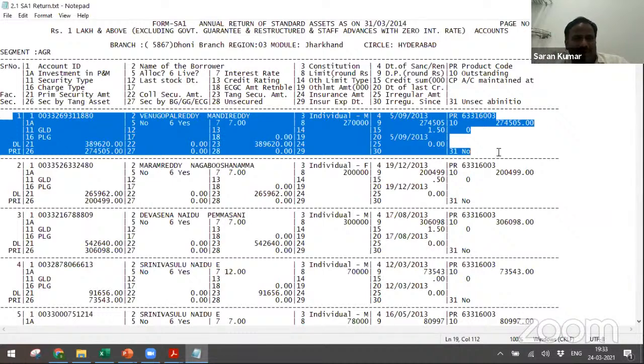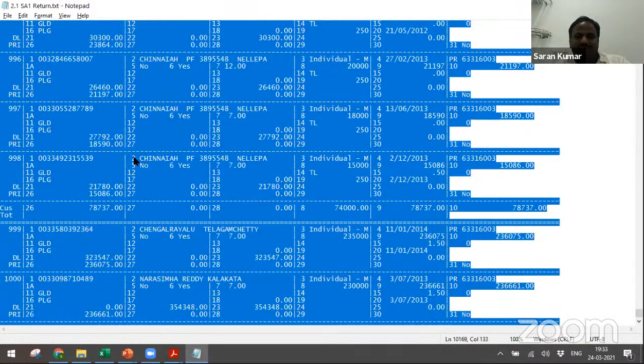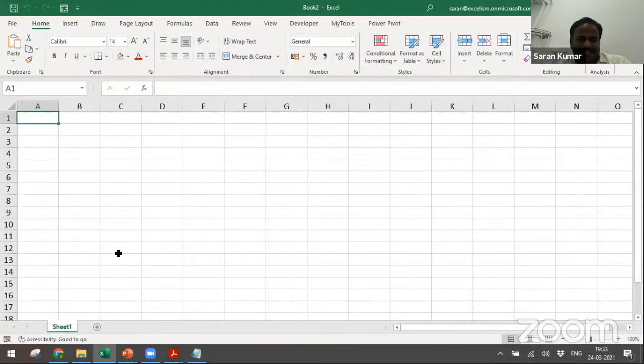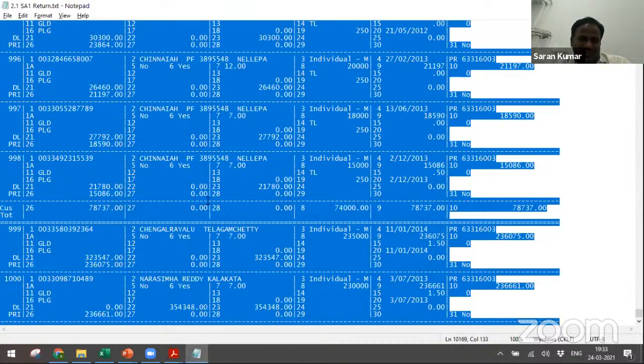So in this case, how to get this file? How to convert this file into the proper format? How to use this? So what I'll be doing, Control A, Control C. Now let me open this file. Generally in my earlier sessions last year, I used to take this first. Now there are so many videos of mine. In fact, I took the same session at Vijayawada branch last year, SARC, very recently. All my recordings are there to convert this file into a proper file.